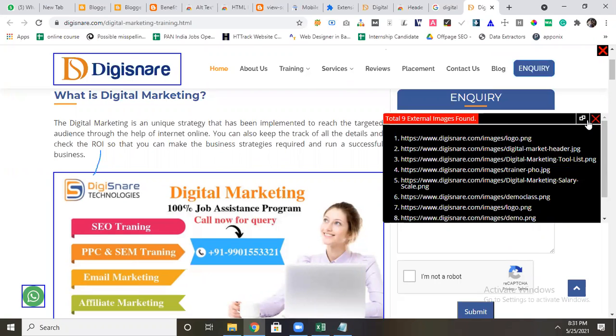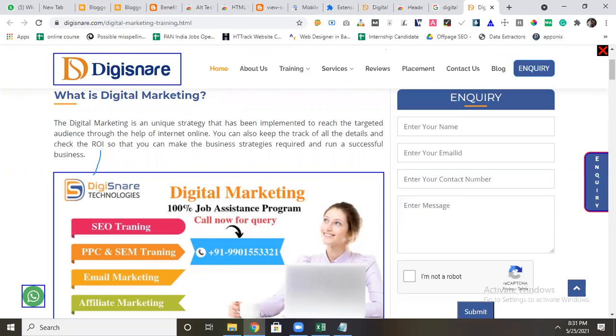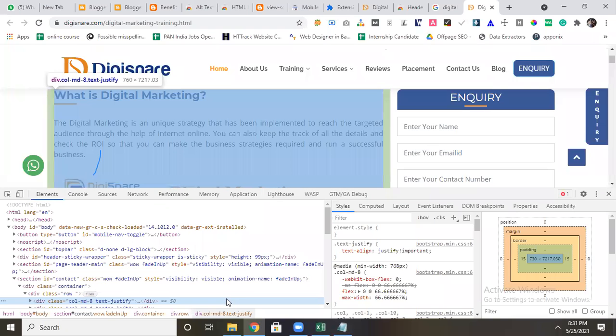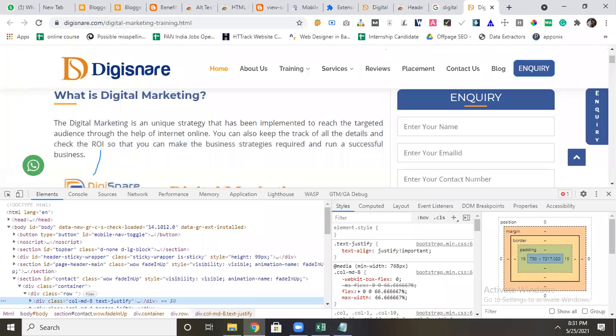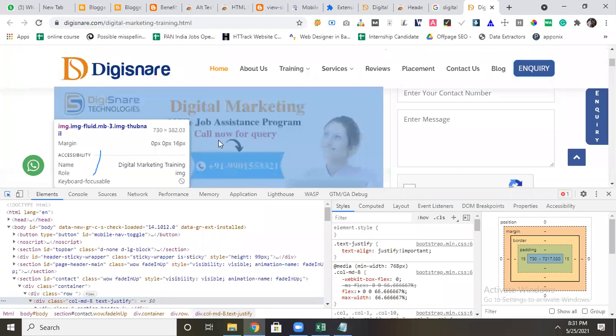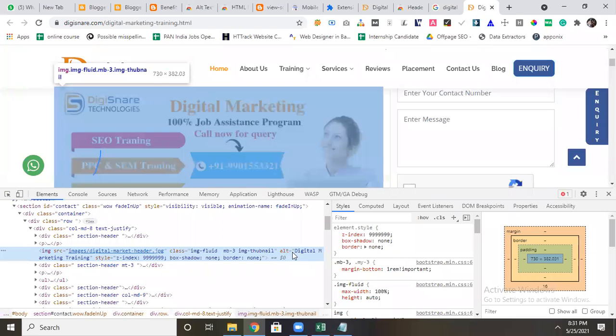If you see, that is the reason I have added it. In terms of coding, I will show you what the alt text is. I will just right click and do inspect. If you come here, it will show the alt text here. You see, the alt text is here because I added the alt text.